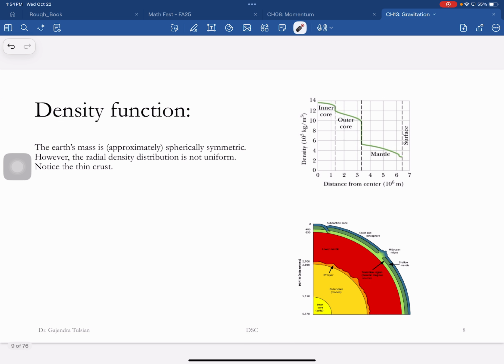That's right. So that's how we knew the Earth was not uniformly dense. Here's the density profile now. On the surface of the Earth, the density is about 2.5 grams per cubic centimeter. And then there's the density of the mantle, the outer core, and the inner core, which is about 15 grams per cc. So now we know this detailed density map.